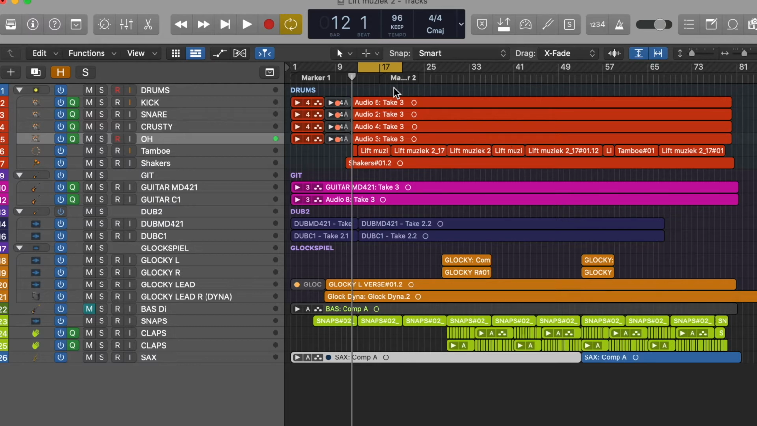So I think we all can agree that the drums are the most important thing for the bass to lock